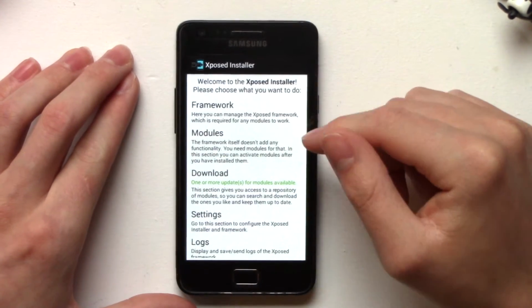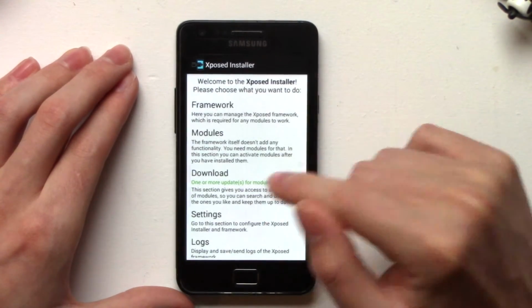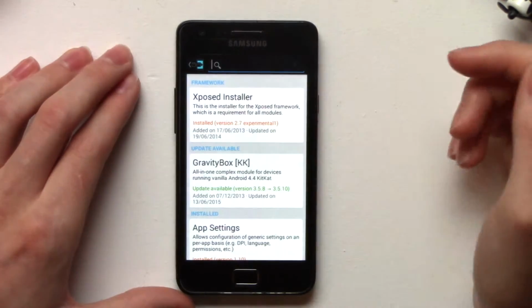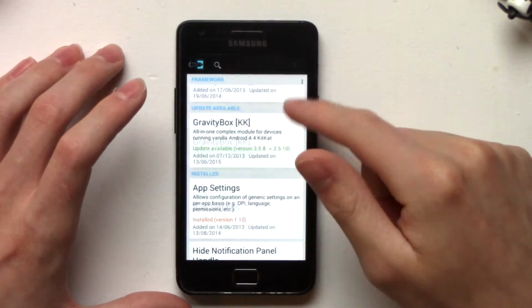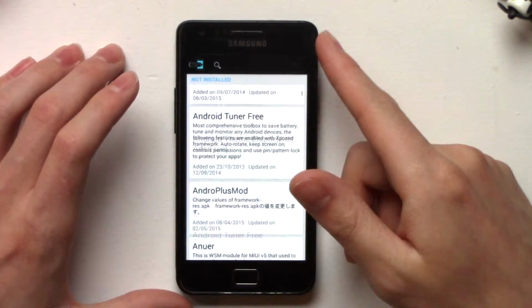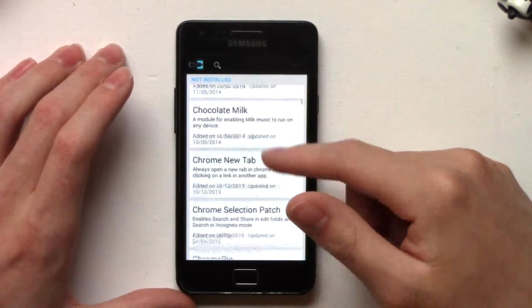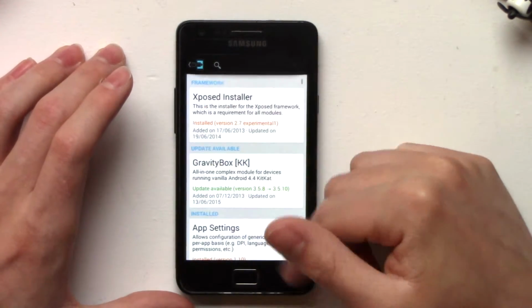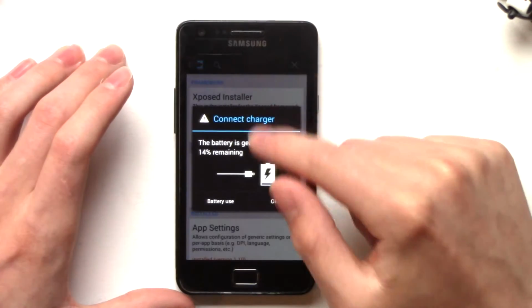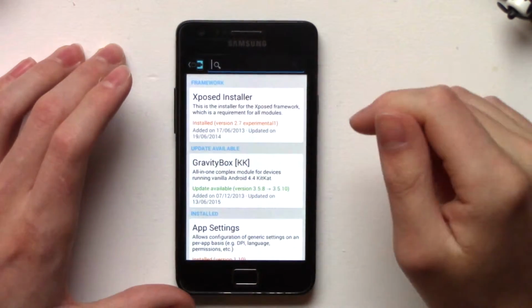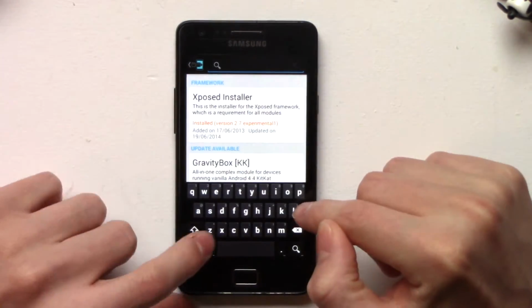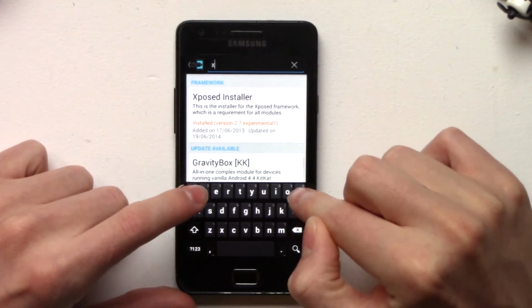So what you want to do to install them is you want to click on download and type in, so you can search through them, you can just scroll through and there are thousands and thousands of different mods. Not all of them will work for your phone, but it depends what version of Android you're on. So if I just give you an example just to get started with, if I type in XPOSED